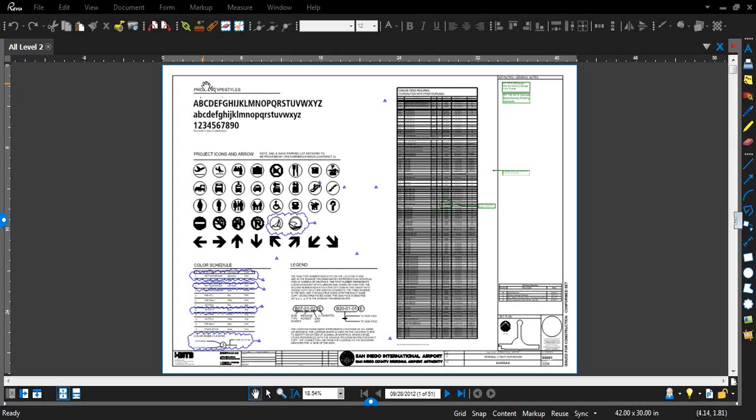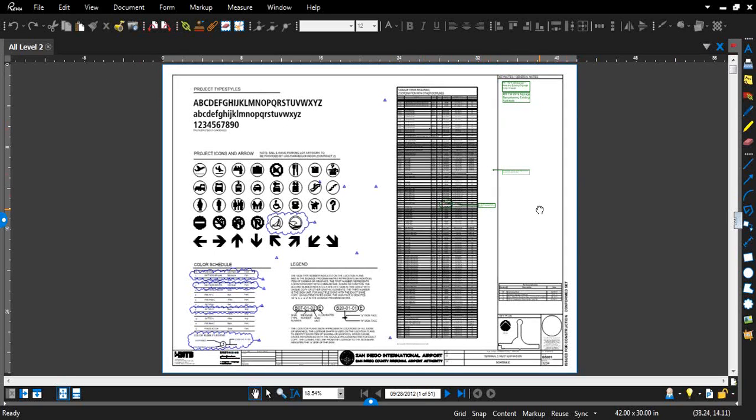The first thing I wanted to show you guys is the tool chest feature. The tool chest is probably one of the most useful features in Bluebeam, and that's because it deals with markups. And most people use Bluebeam for markups. I would say that's the most used feature in Bluebeam. Everyone that uses Bluebeam knows how to use markups. So